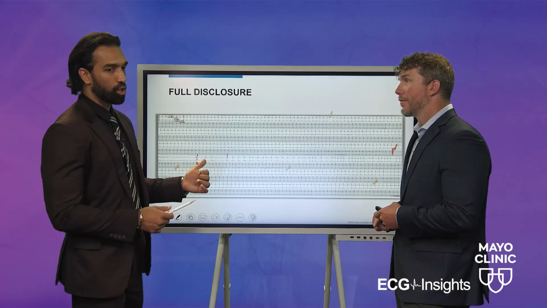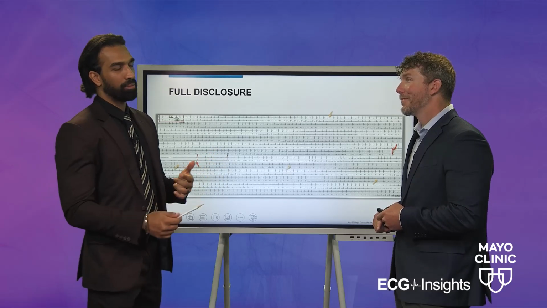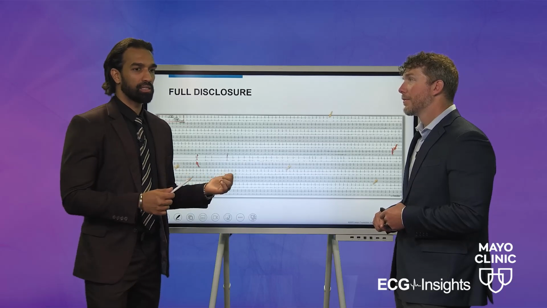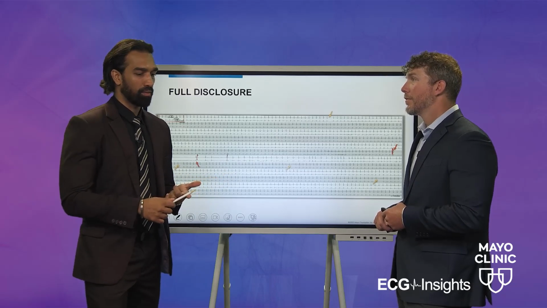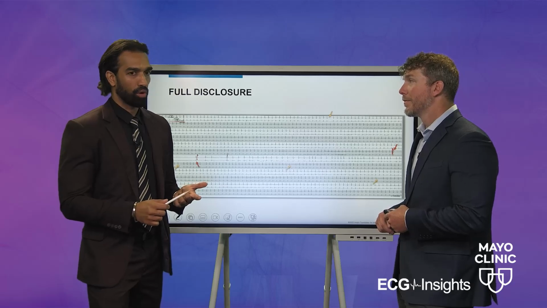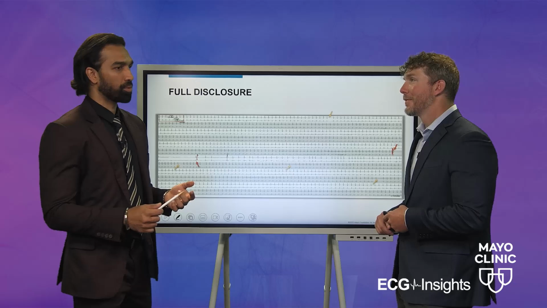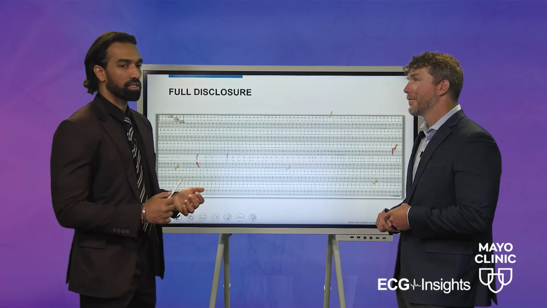Because just what we saw, the mechanism of the pause, or diving deeper into why that pause happened, is more important. So if we see a concerning pause here with AV block, with evidence of infra-Hisian block, then you will think of a pacemaker even if it's a 2-second pause, just because this is an unstable conduction system.